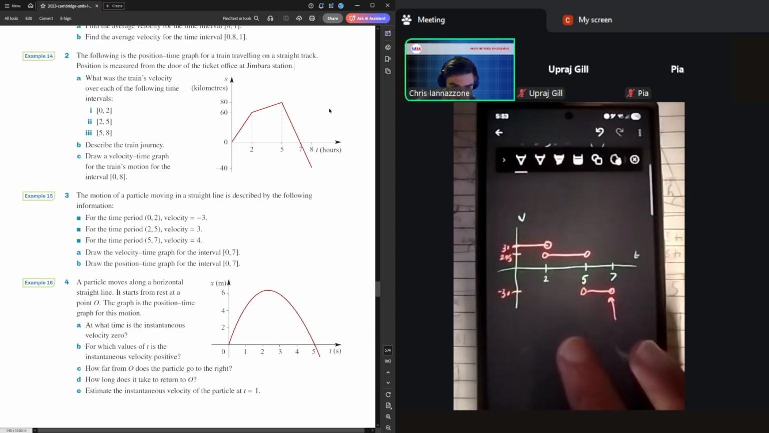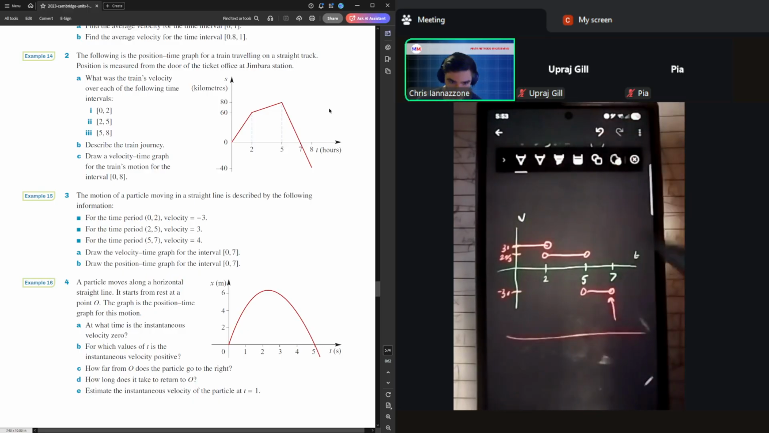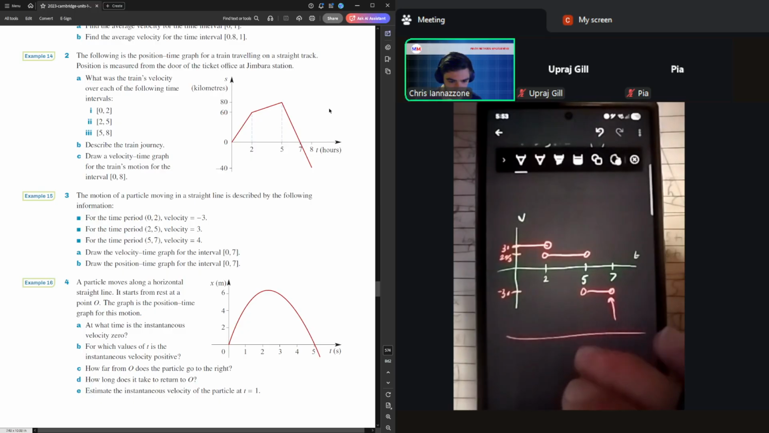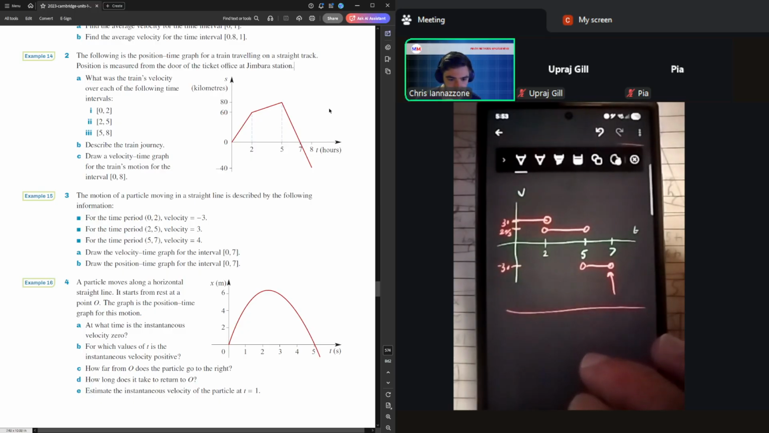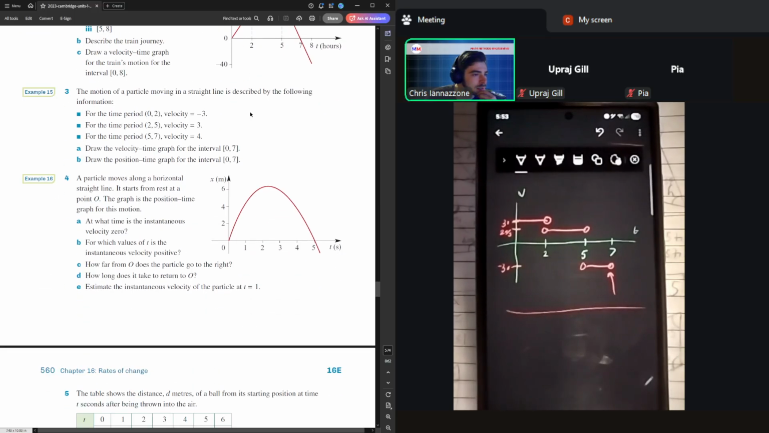Does that need any further explanation? I'd be surprised if it comes up, but maybe it might be a one marker. Why is there an open circle at the end? Not sure. Anyway,